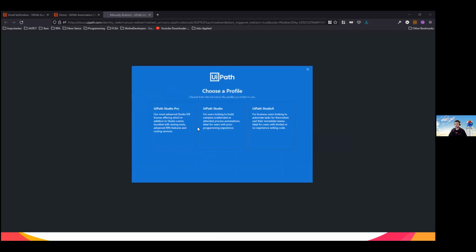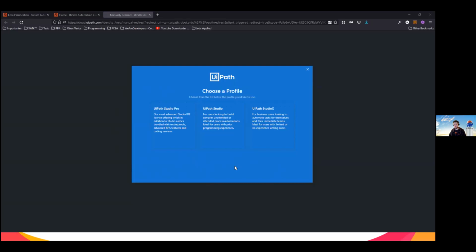You just have other features like testing features to do test automation, but we are not going to go much deeper into that, but I know that someone asked that during the session. If you want to do test automation, you need UiPath Studio Pro, but it looks the same as UiPath Studio. It only allows you some other functionalities.